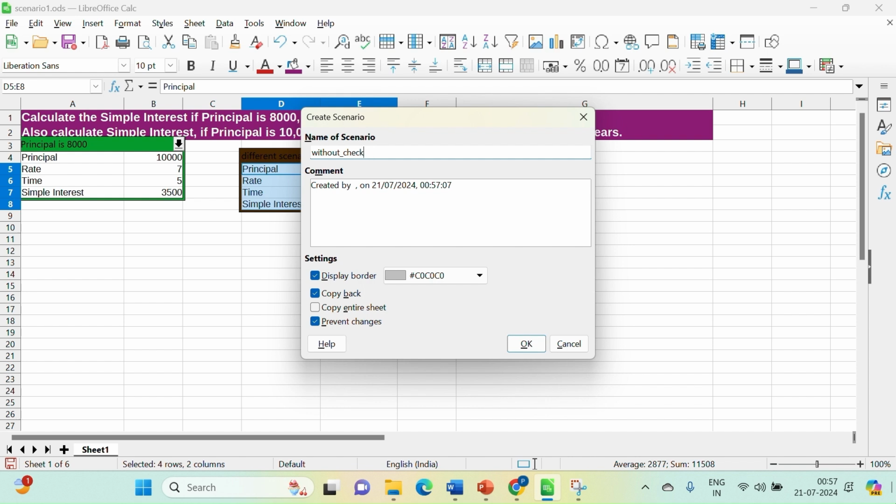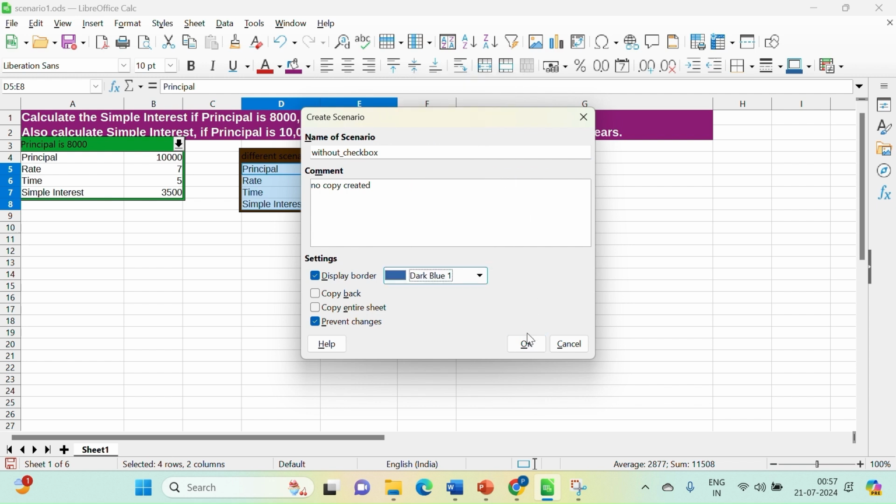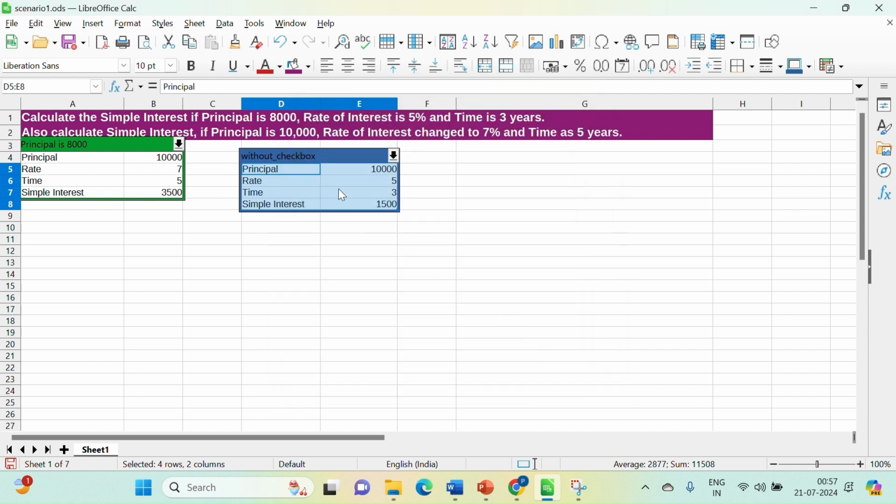This is the name I have given, without checkbox, and then I may add the comment as no copy created. Copy back I'm unselecting, giving the border as dark blue. Now clicking on OK. So now I'll be changing this value as suppose 3000.